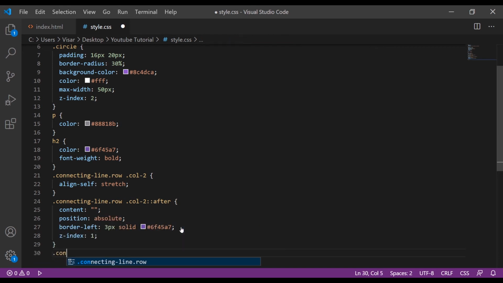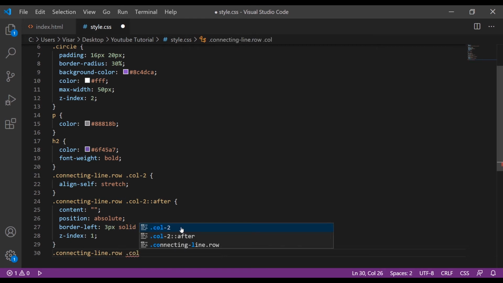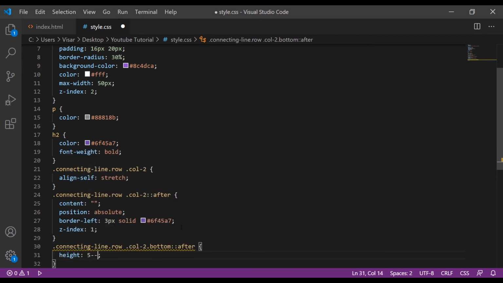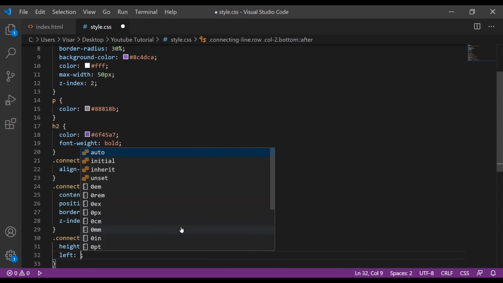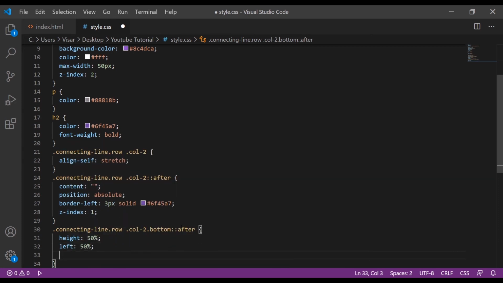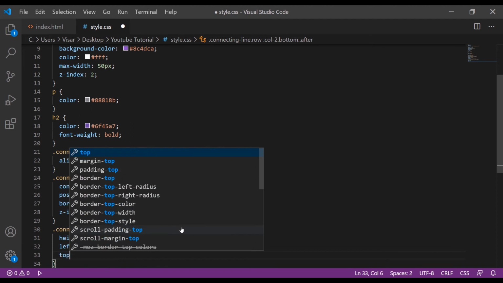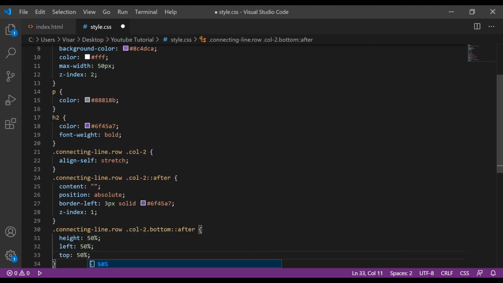Okay, now connecting-lines row and col-2 bottom after, height 50%, left 50% and top 50%.